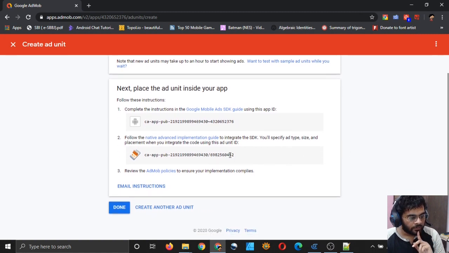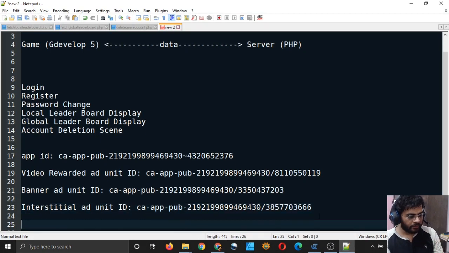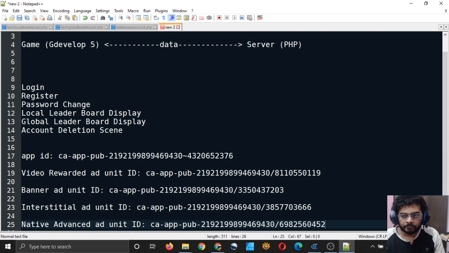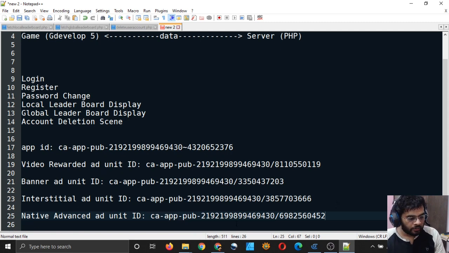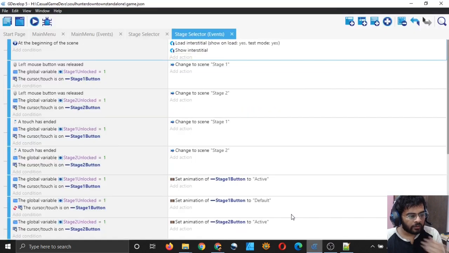I have an ad unit ID, and I will simply put this ID here, native advanced ad unit ID. So there it is, and yeah, let me try to add it in GDevelop.